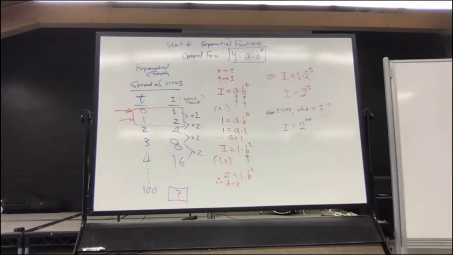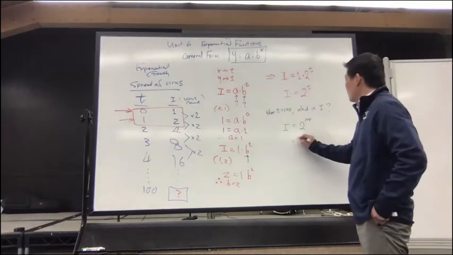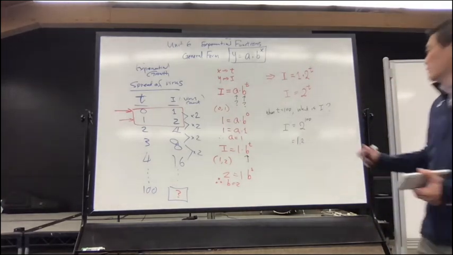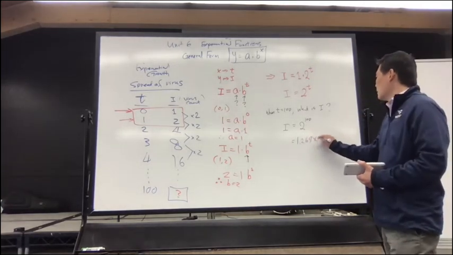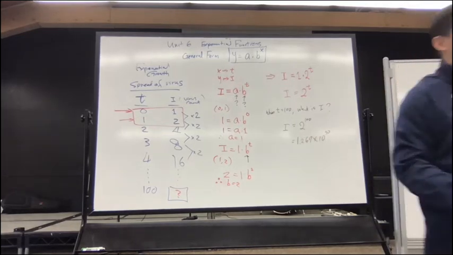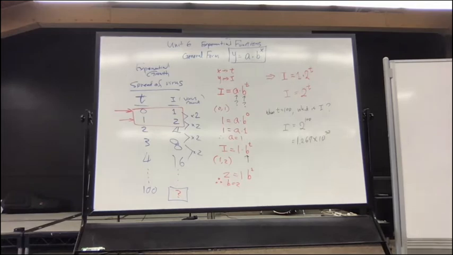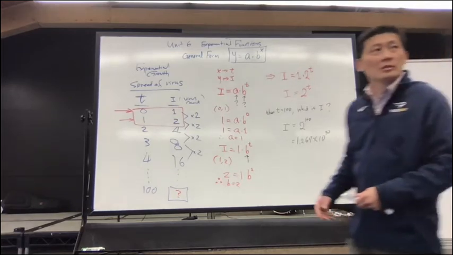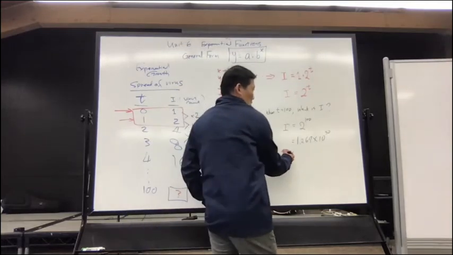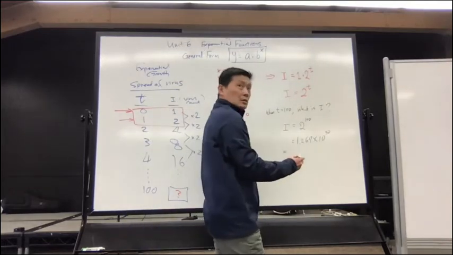Yeah, it's 1.267 times 10 to the 30 power. Times 10 to the 30 power. What does that mean? Does anybody know what that means? Yeah. It's that number multiplied by, it's in